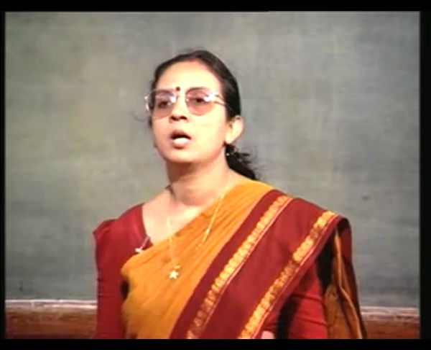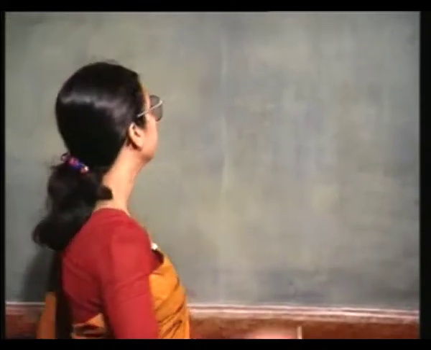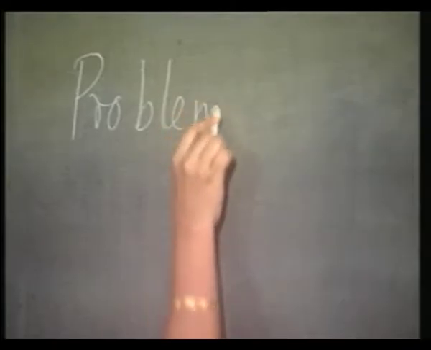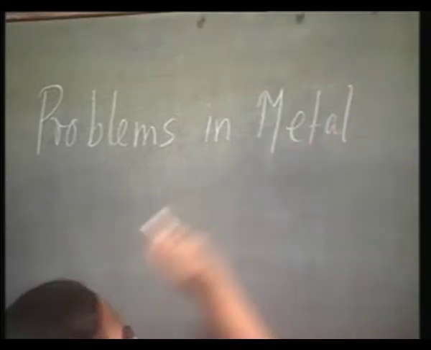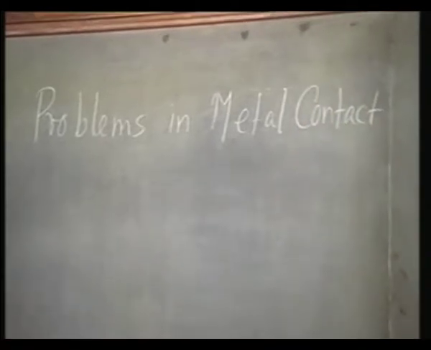Now, even though aluminium is almost the only metal used in integrated circuit technology, that is not to say that it does not have any problems. Aluminium does have quite a few severe problems, and two of these are major problems. One is called the junction spiking. First problem is